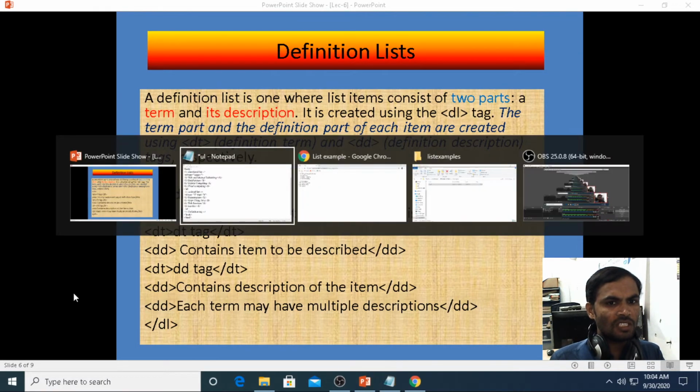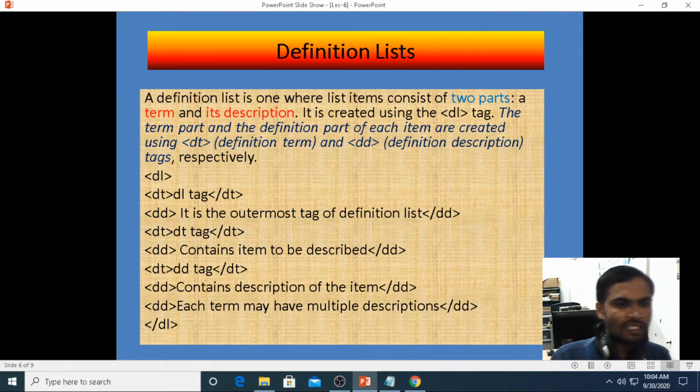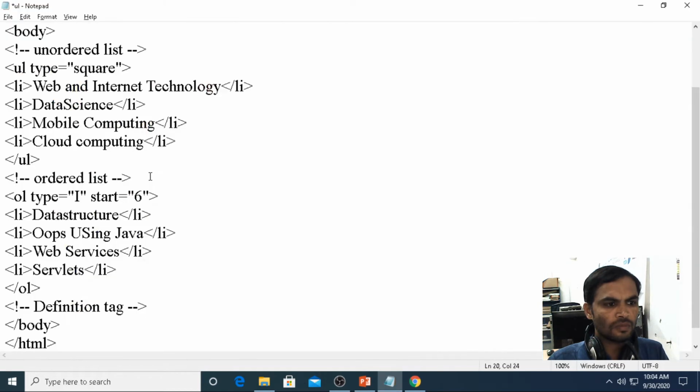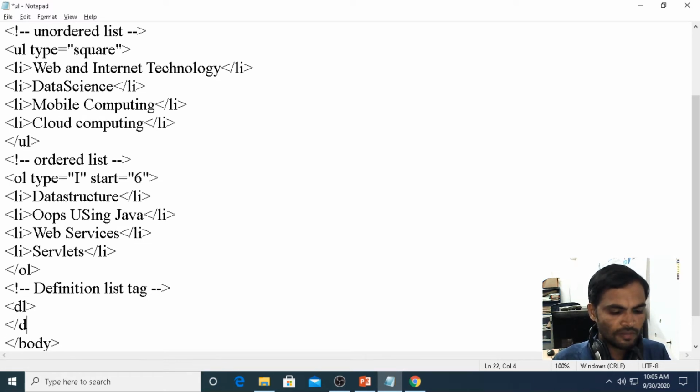Now under the definition list we are taking the DL tag, then closing the DL.